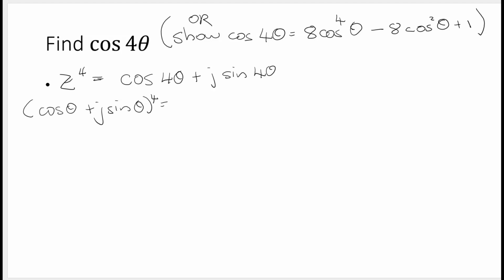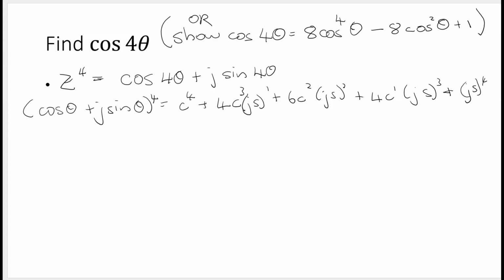I'm also just going to abbreviate it, if you like. I'm just going to use C for cos and S for sine. So I'm just going to expand this. So plus 6c squared js squared plus 4c to the 1 js cubed plus 1 times, I don't need the 1, js to the power of 4. Now we remember